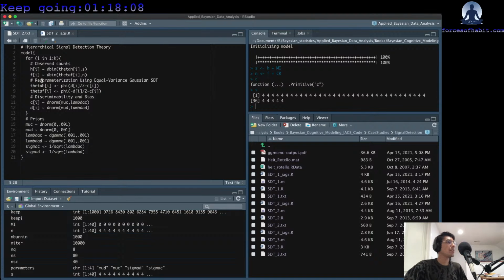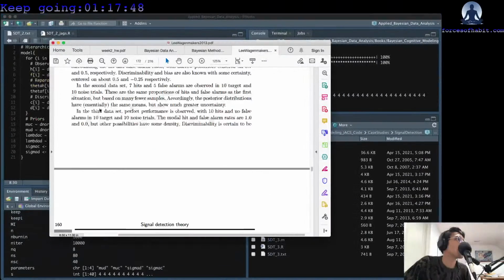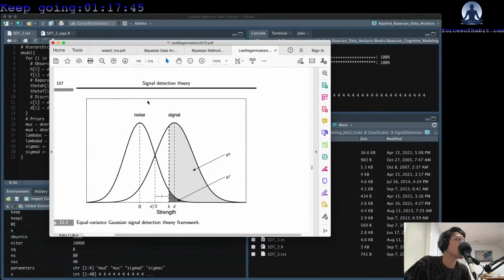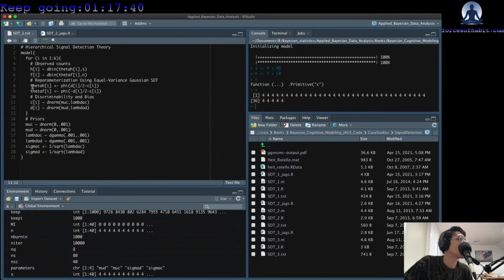This is a reparameterization. So these success rates and false alarm rates are distributed. Phi, that's a probit. We take half the d minus the bias. So this is just the parameterization that describes this signal and false alarm rate. And then we get the posterior distributions for c, bias, and discriminability, which are distributed by